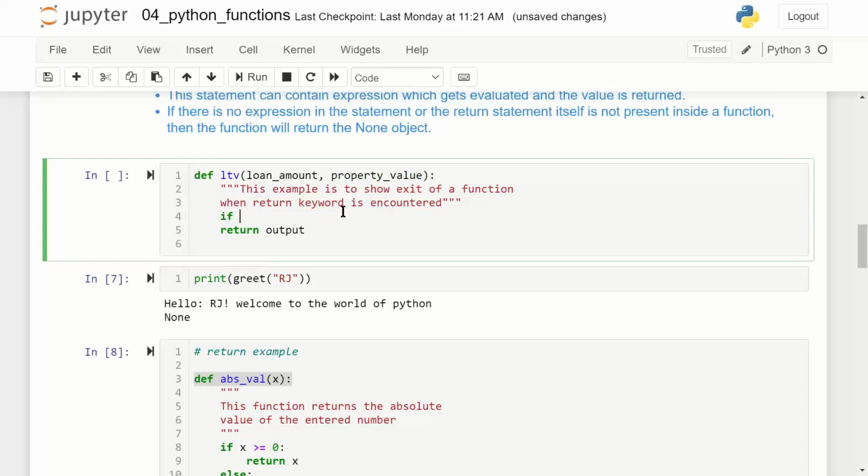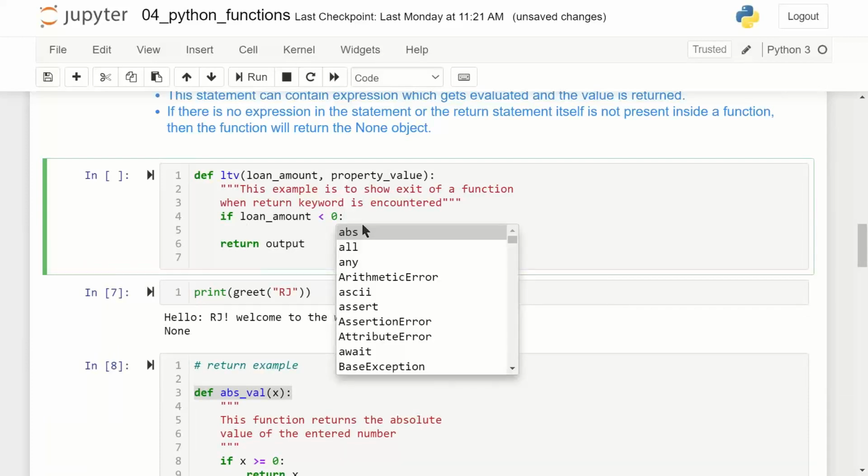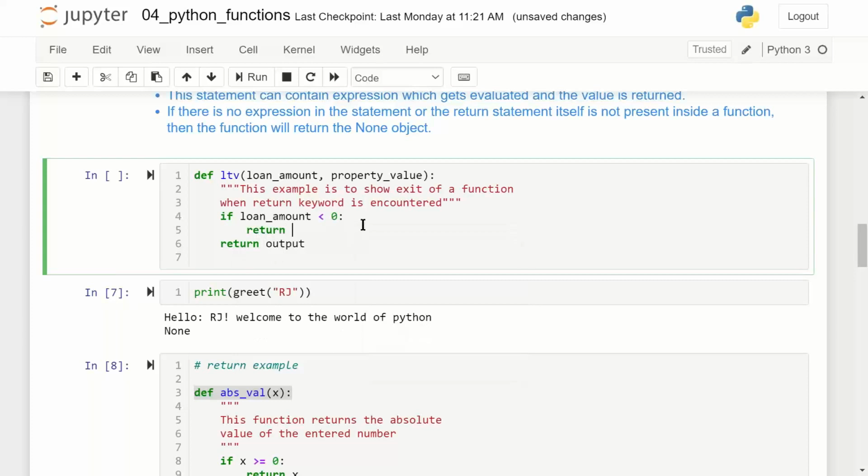If loan amount is less than 0, return -1. I'm just giving an error code -1. Okay, else return